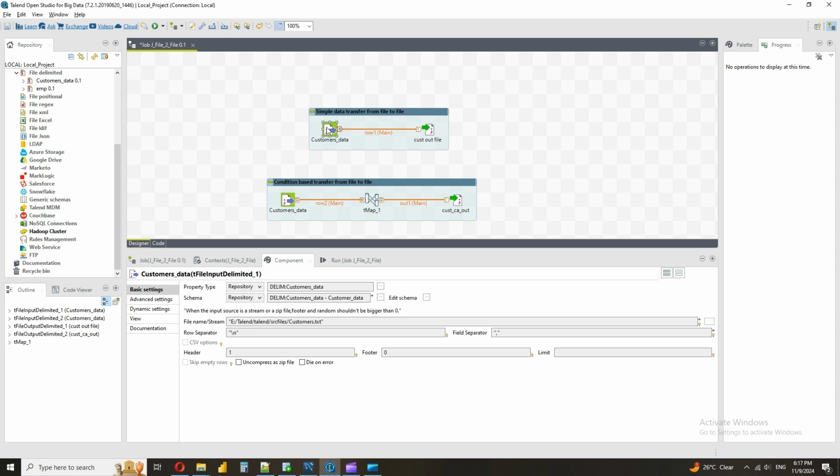So, a simple transfer. What I am doing is, I have a tFileInputDelimited, and we have a metadata for it. You will soon be having a session on metadatas: how do I create a file metadata or DB metadata? So please stay tuned. Right now I have created a customers data metadata, which I just click and